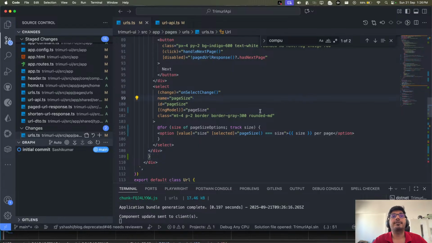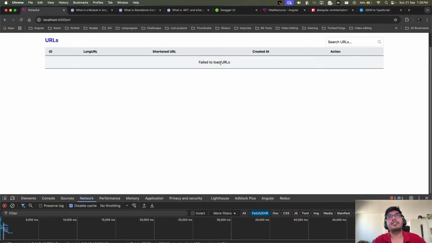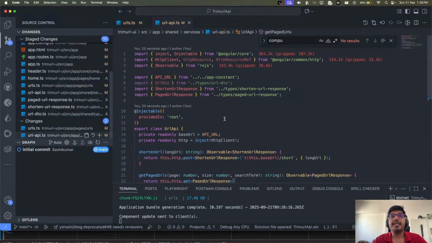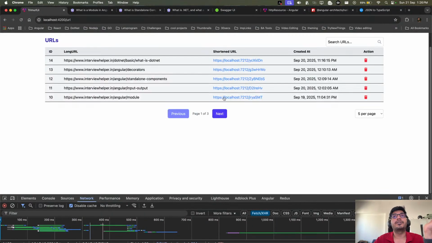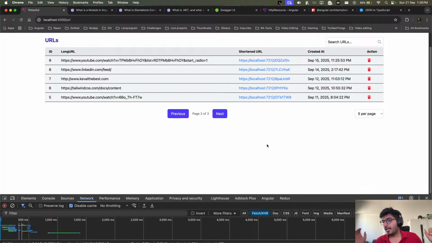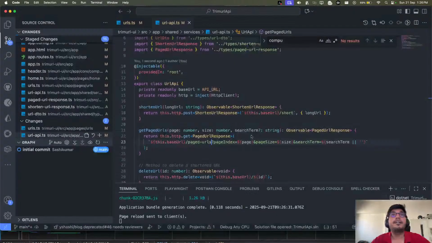Let me format it. Now can you see, if something went wrong loading the URL, you won't have your pagination buttons and all of those here. All right, so let me make this URL correct again and let's go back. It is loading the data, and see, if you have data, then you can have your pagination things as well. And yeah, this is what it is.